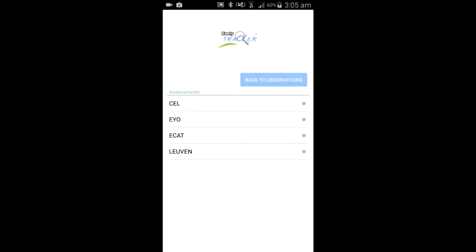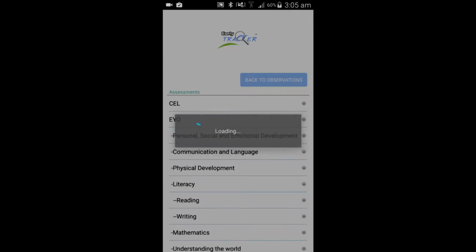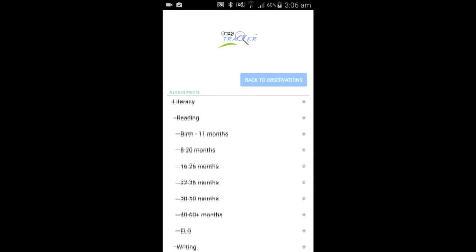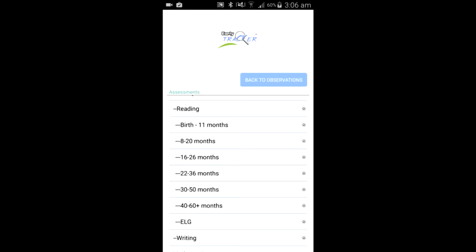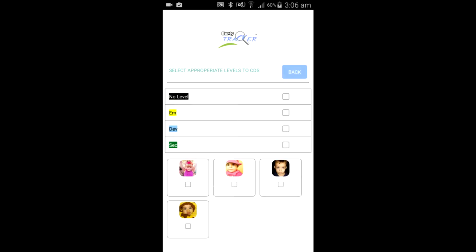I can click on the assessment button, and if we select EYO, and then let's say we select literacy, then reading, and then let's select the months there, and I'm just going to pick the first one for example. Now as you can see the levels come up and all the children show up for that assessment, and if you want to carry out an assessment for multiple children you can,